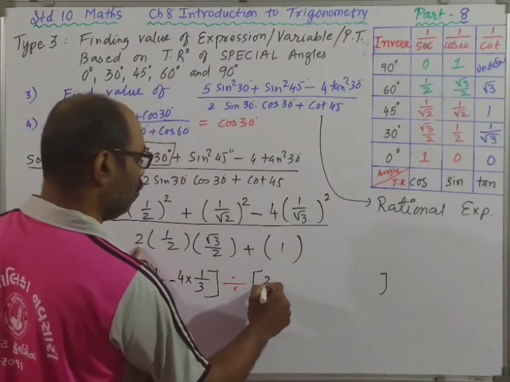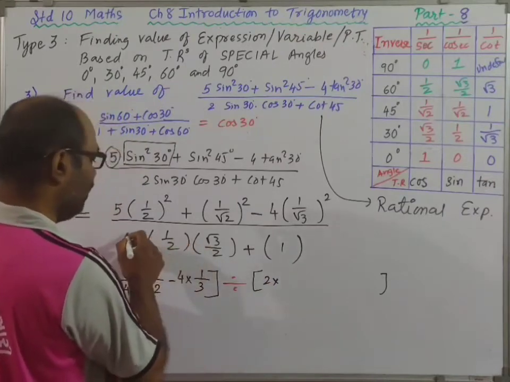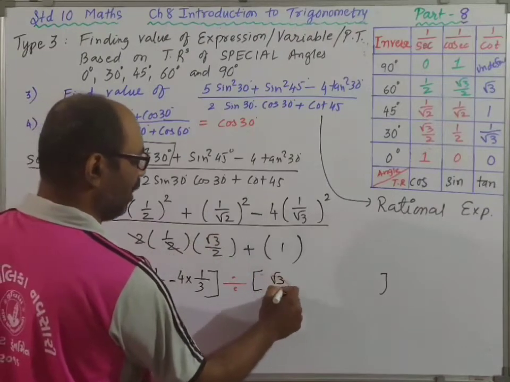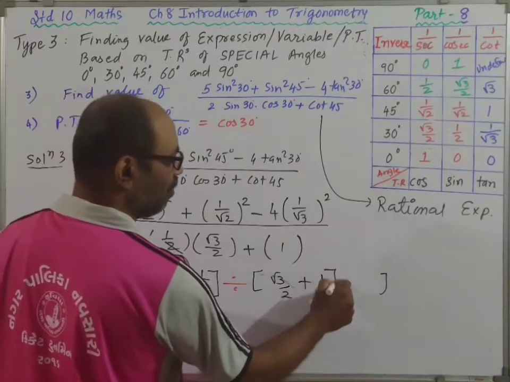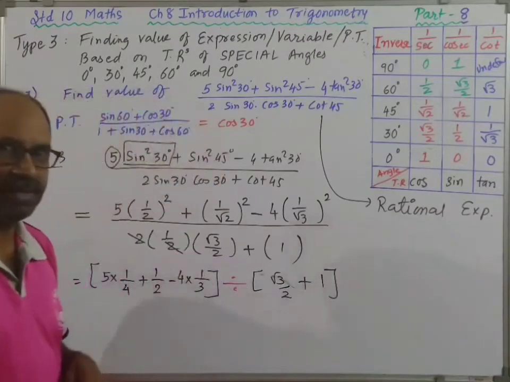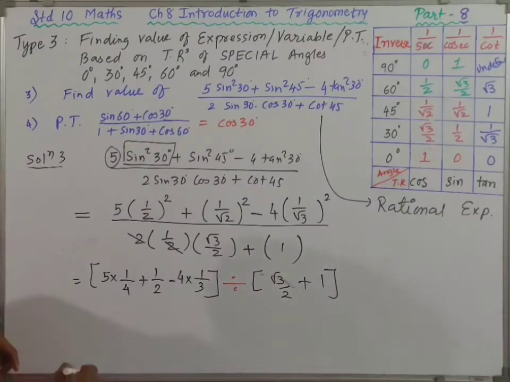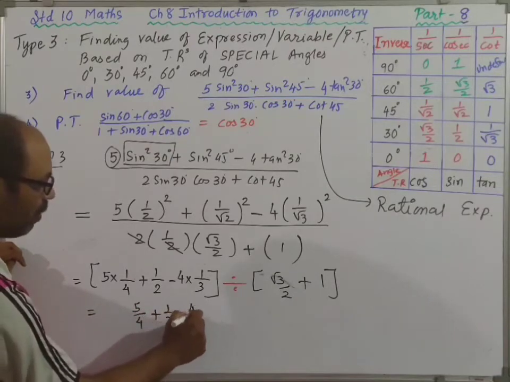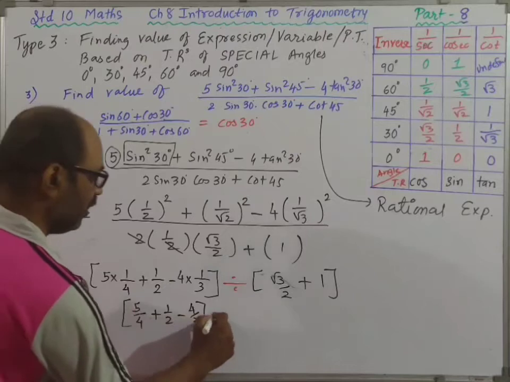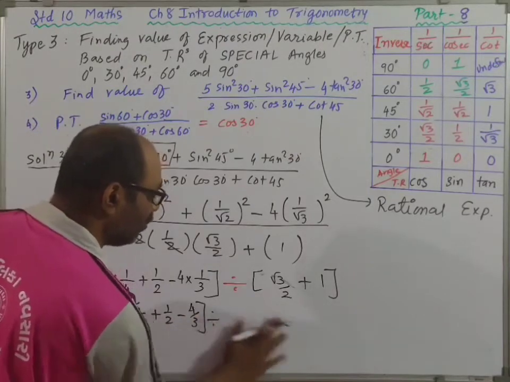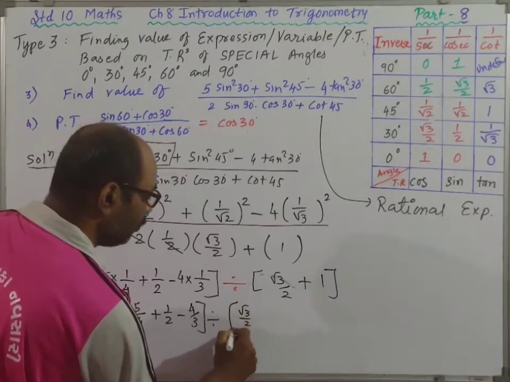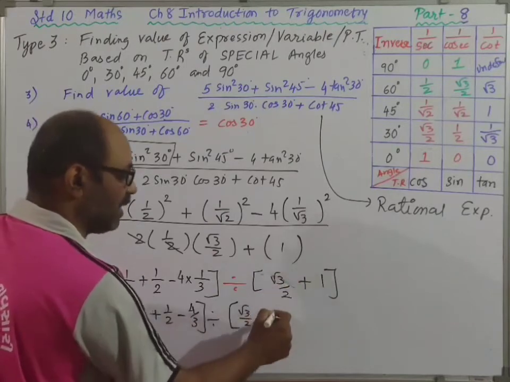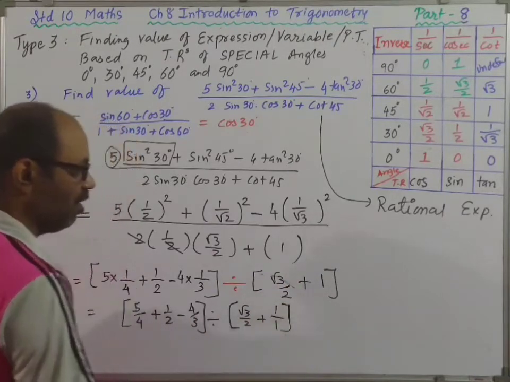ठीक है, 2 into this is okay. ये 2 कैंसिल हो गया चिल्ड्रन. You can cancel it here. See product here. So you have root 3 by 2 plus 1. देखो ब्रैकेट यहाँ बड़ी हो गई, हमें इरेज करना पड़ता है. So पहले से ब्रैकेट मत लिखना. Fine, nothing cancels here. This is 5 upon 4 plus 1 upon 2 minus 4 upon 3 in the first bracket. Divide by here. Okay, I'll write once. Root 3 by 2 plus, yes, the first term is in the fractional form, so represent second term also in the fractional form. 1 upon 1.